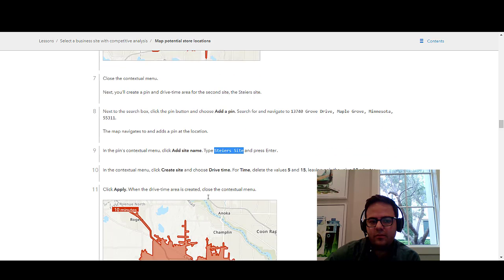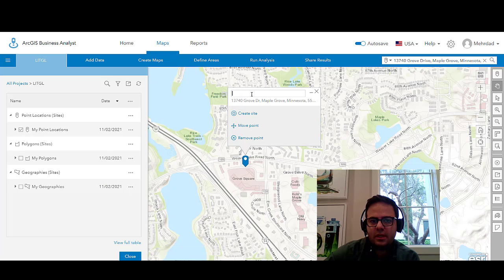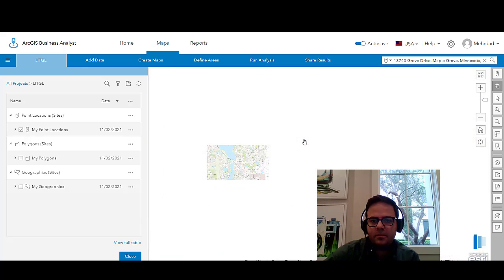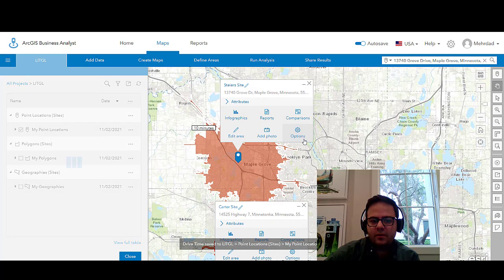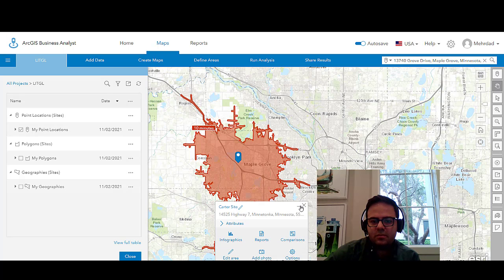And of course, same drive time buffer, which is going to be 10 minutes. So first add the site name, press enter, and click on create site, select drive time, and leave only 10 minutes and hit apply. So now we have two sites, the Carter and Steers site. I can just close that menu,